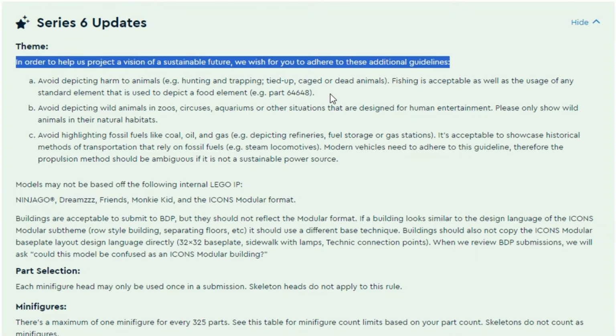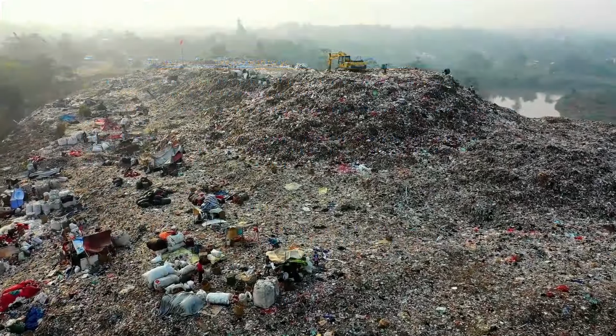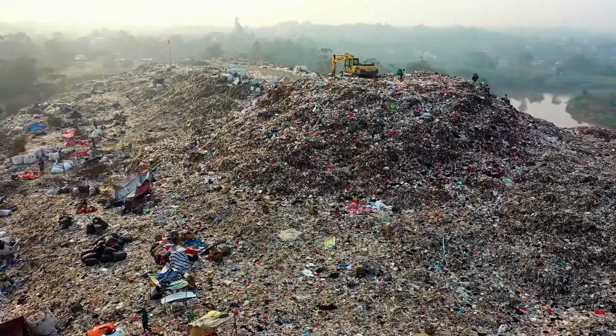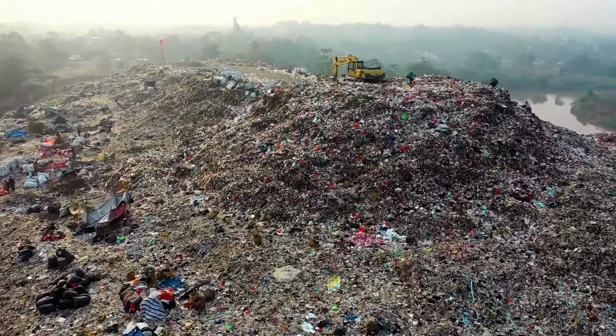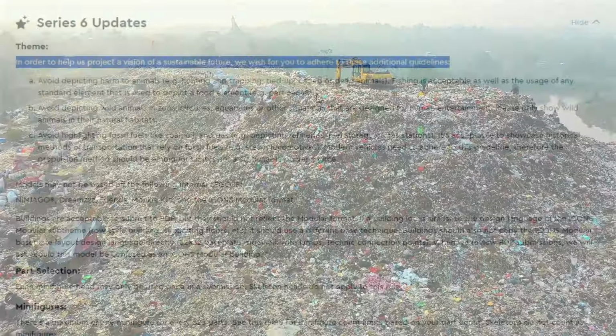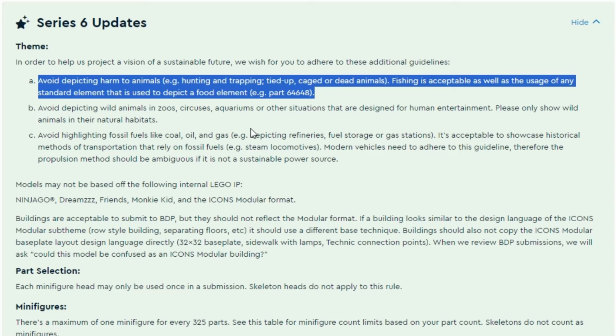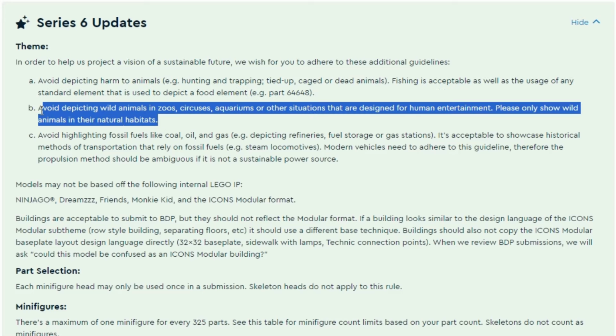changes that these are to do with them wanting to project a vision of a sustainable future, even whilst they continue to produce so many thousands of tons of plastic each year. Ahem. But this starts off pretty uncontroversial, with them not wanting you to submit designs showing harm to animals, although fishing is allowed, and also no submissions showing wild animals outside of their natural habitat, for example in circuses, zoos